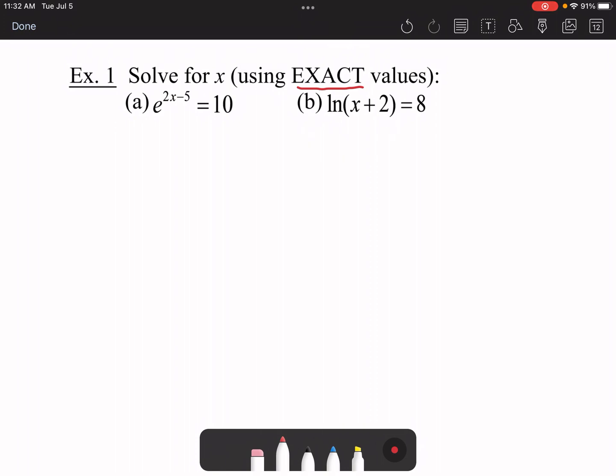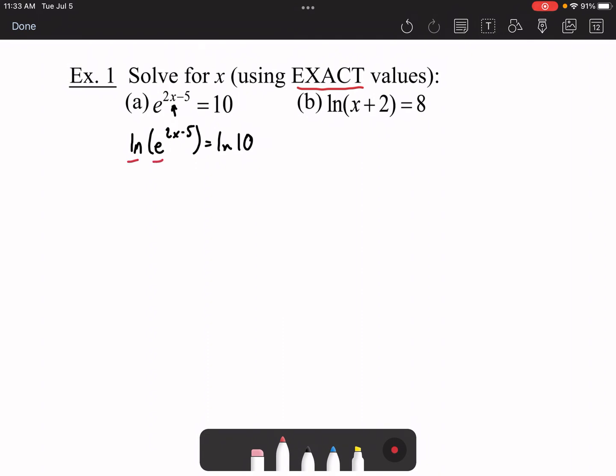So the first thing to notice in this first one is we have e to the exponent 2x minus 5 equals 10. To get x by itself, it's part of the exponent. So you need to get rid of that exponent by using some logarithmic properties. Well, in order to use a logarithmic property, you first have to apply a natural logarithm to both sides. It's kind of like just squaring both sides, or square rooting both sides, or dividing both sides by 5, something like that. Well, because the natural logarithm and e are inverses of each other,